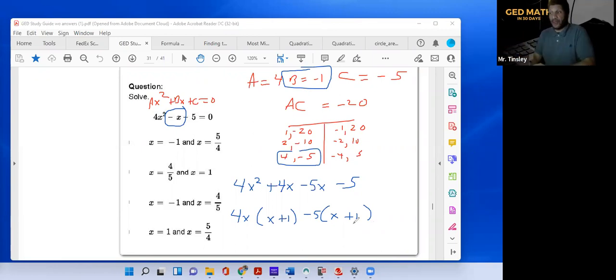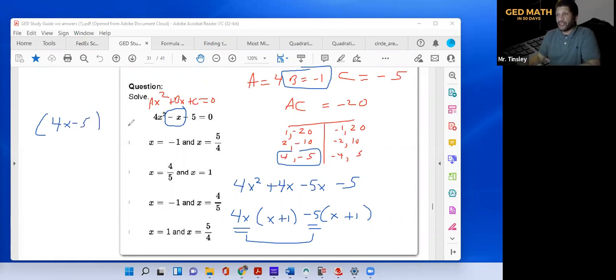This is a 5 to 10 minute problem. I'm doing it because I know it. I can do it quickly because I know it. So then, since I have x plus 1 as a shared factor, you can combine these two terms. So I have 4x minus 5 times x plus 1. This is factored,